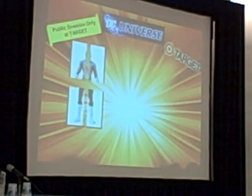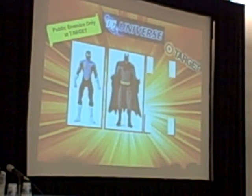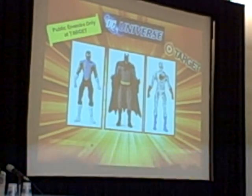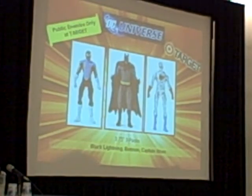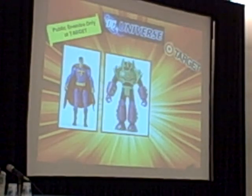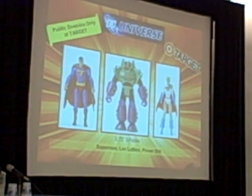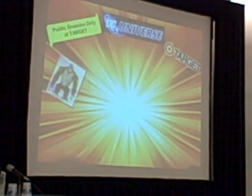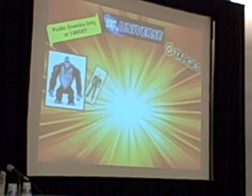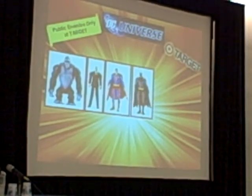And the 3 3/4 offerings, the first pack will be Black Lightning, Batman, and Captain Atom. And all of these will be new articulation. Yes, all these will have the new Infinite Heroes 2.0. The second one will be Superman, Lex Luthor, and Power Girl. And the 6-pack will feature Grodd, President Luthor, Superman, Batman,